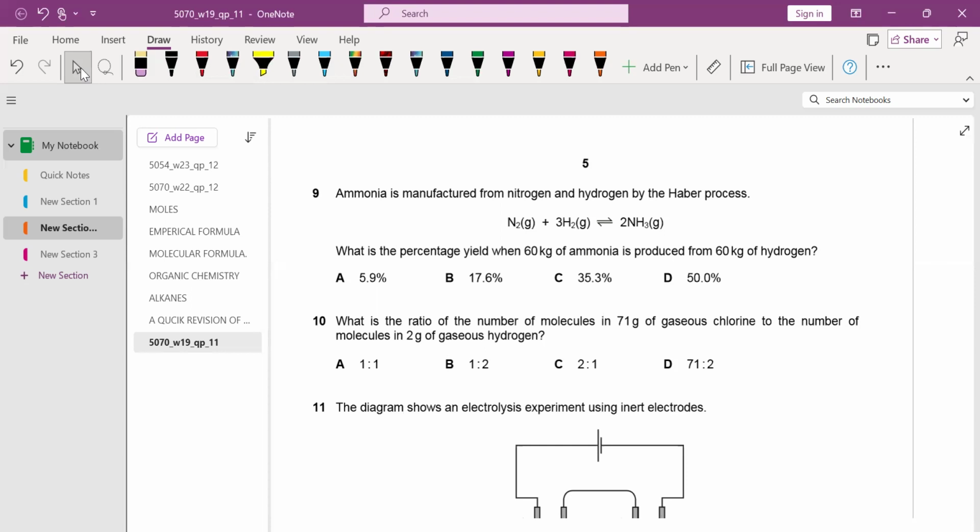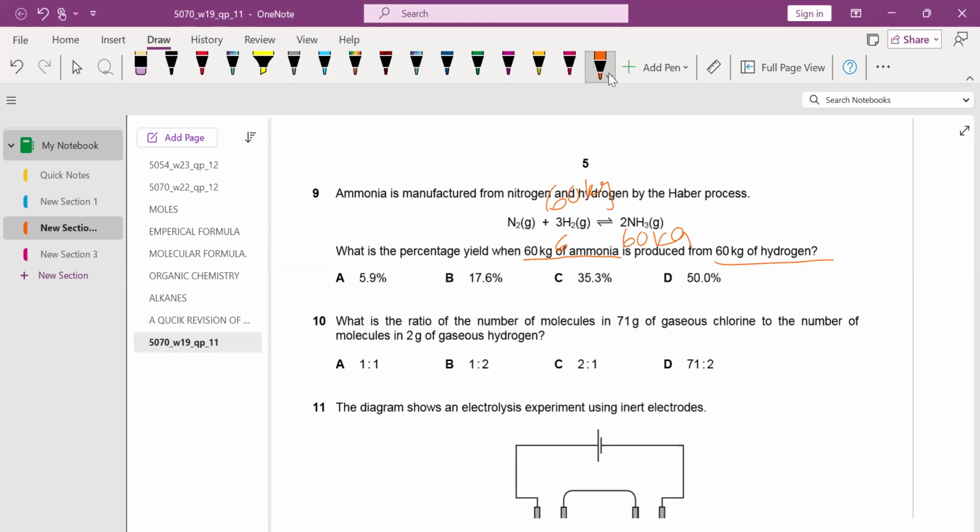So it is given in the question that you have to calculate the percentage yield when 60 kg of ammonia is produced by 60 kg of hydrogen. Now 3 2s are 6, and the Mr of ammonia will be,